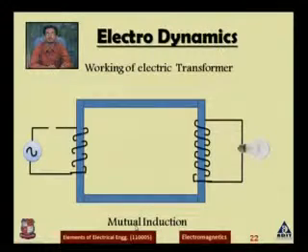Here you can see that we have connected two different coils. One is the primary coil and the other is the secondary coil. Assume there is a switch that is not yet connected. In this ideal case, there will be no mutual inductance or self inductance between the coils. But if I connect an AC voltage source to the primary winding, what will happen? Let us connect and see.